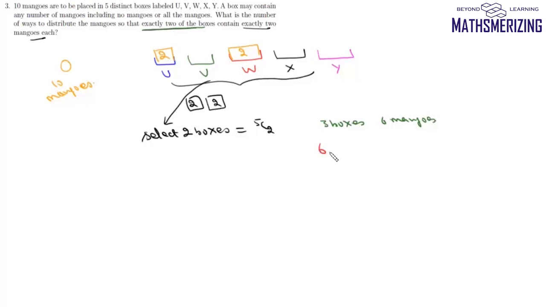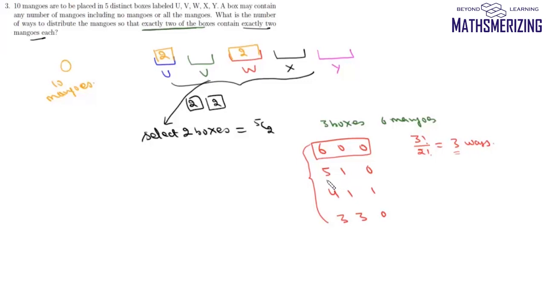One of the distributions could be 6, 0, 0. Another one could be 5, 1, 0. It could be 4, 1, 1. It could be 3, 3 and 0. So these are the 4 possible ways of distributing the remaining mangoes. Now 6, 0, 0: in how many ways can we distribute 6, 0, 0? It can be done in factorial 3 divided by factorial 2 ways, that is 3 ways. See, these 6 mangoes can go to either V or X or Y. That is the reason we have 3 cases.